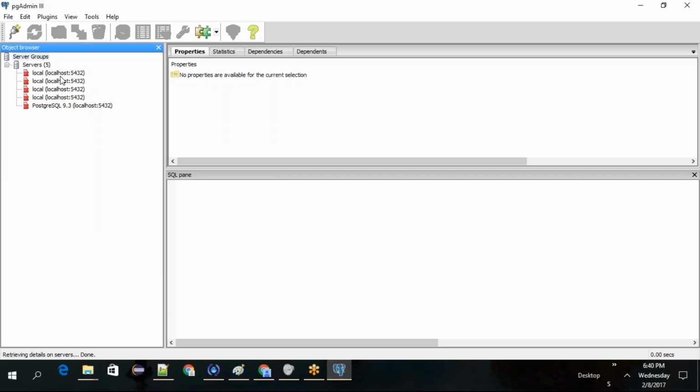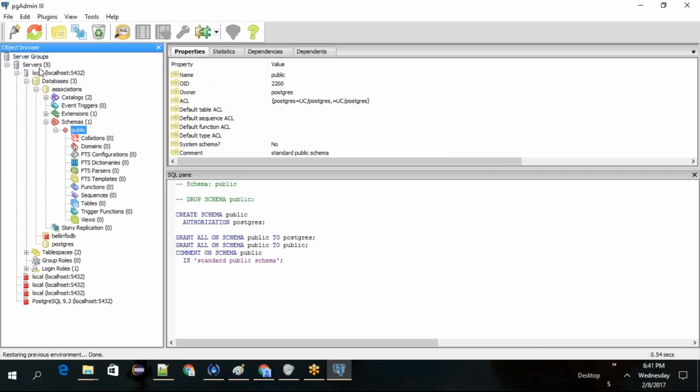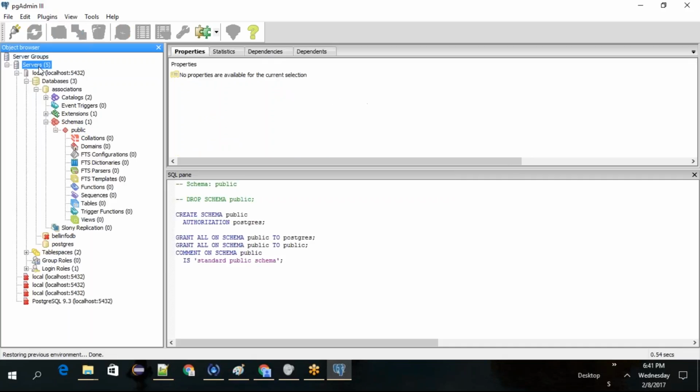When you are installing, it will ask for a username and password as well. Don't forget that, because resetting is really challenging. The only option we have is reinstalling. So remember that username and password all the time. And if you try to connect, basically what you need to do is